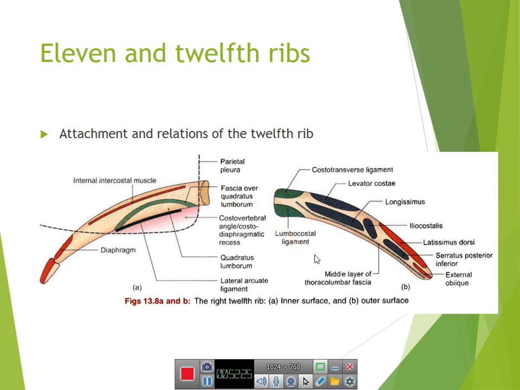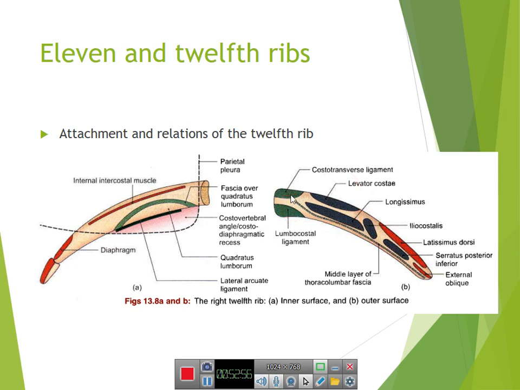And the following are attached to the outer surface. In the shape on the right hand, we have a lateral surface of the 12 ribs, and I'm going to tell you about this attachment. Attachment on the medial half. Here is a medial half, and here is a lateral half. On the medial half,